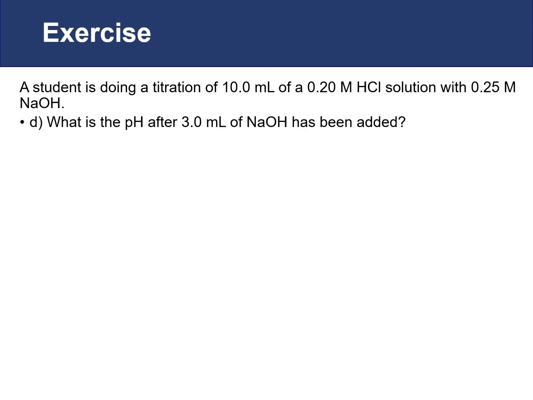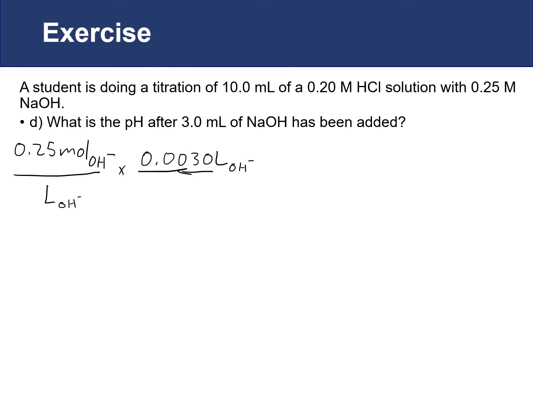In our last calculation, we're going to try to determine the pH at any location along the titration curve. So we've just selected 3 mL as our value. We need to take 2 things into account: neutralization and dilution. To do the neutralization, we first need to figure out how many moles of sodium hydroxide we have added. That would be 0.25 moles of OH minus per liter of our sodium hydroxide times the volume that we added, 0.0030 liters